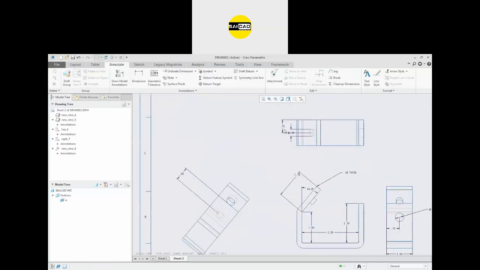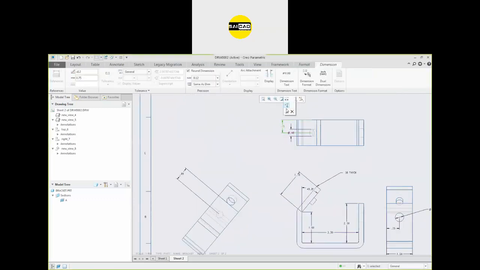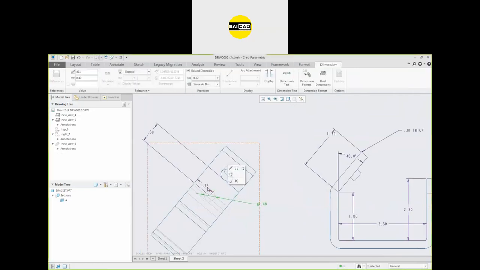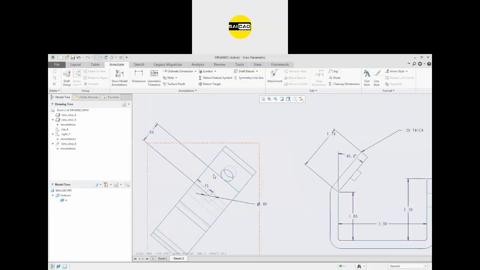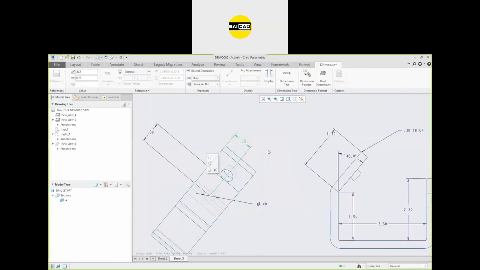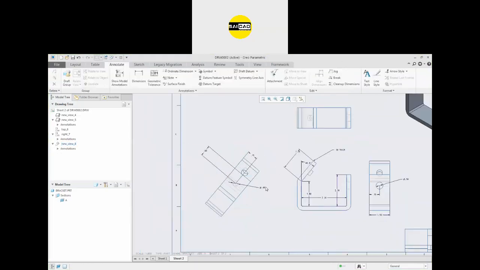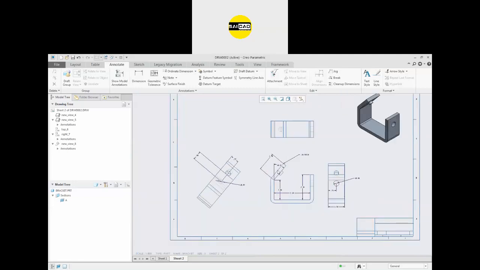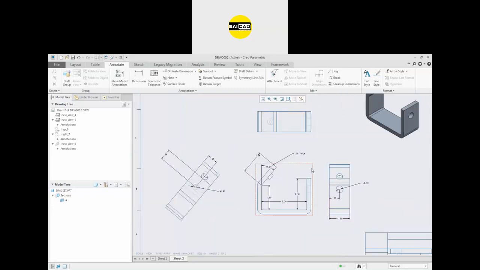Now I want to move this 0.75 also on this diameter. So select both, select move, select the view. You will see all the values right here. This is 0.4, this is 0.75. So define the location. So in this way, you can move your dimension to some different view. From there, you won't see any error. You don't have any error. Okay, got it? How to move the dimension to the other view?